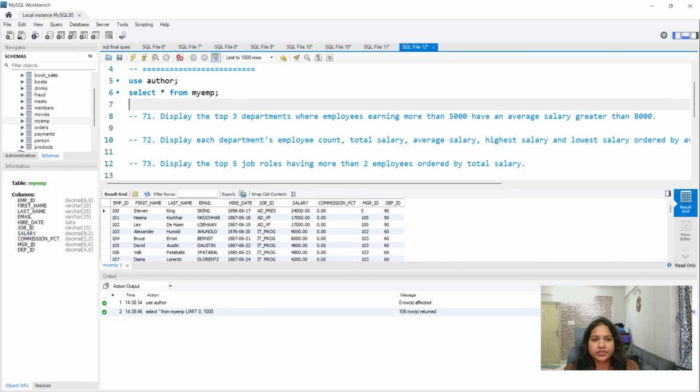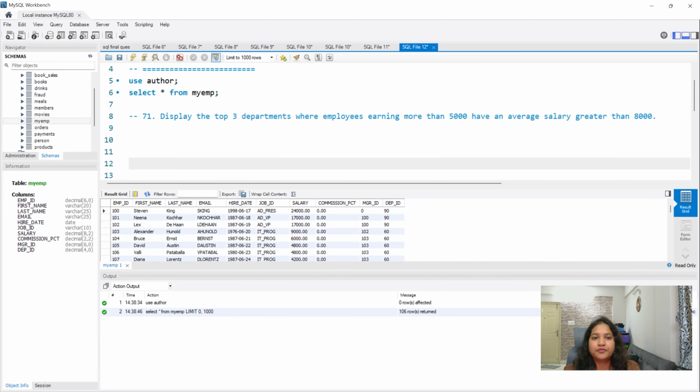So the first question: display the top 3 departments where employees earning more than 5,000 have an average salary greater than 8,000. First they are asking us to give the departments, which means you have to write the department ID. So select department_id, and also you have to find employees earning more than 5,000.